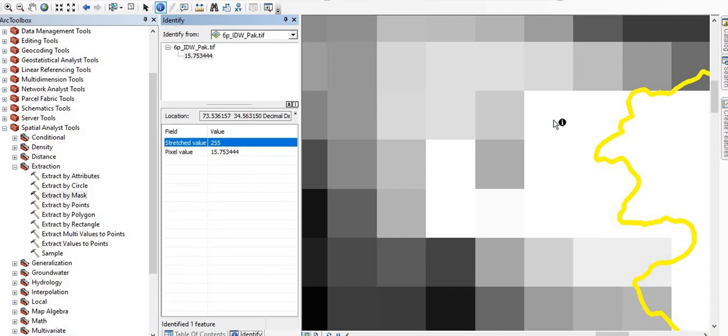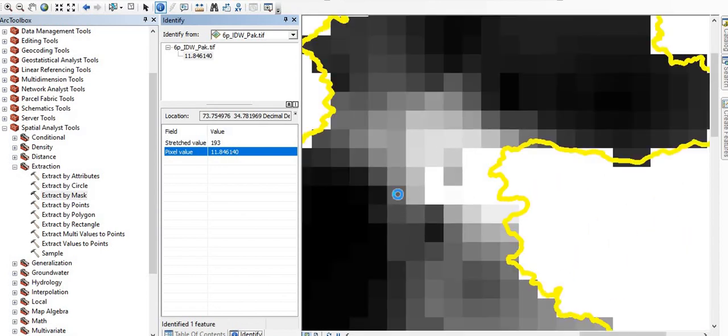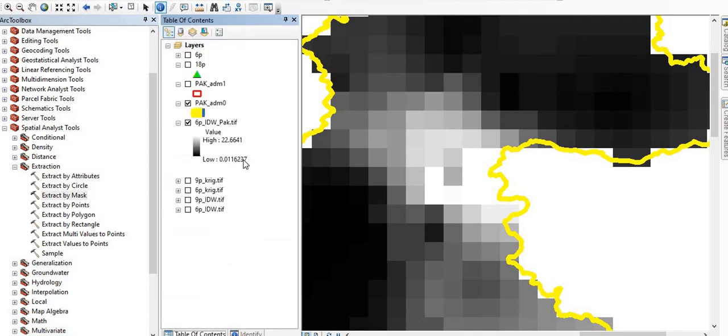Here we have a lower value, and actually the digital number is divided into pixel values. At this point we have digital number 193, but the rainfall value is also lower. If you click a dark point, at this point the digital number is 797, here 25, here 6. So the digital number will be 0 where we have the minimum rainfall value. In total there are 256 digital numbers, 0 to 255. These digital numbers are divided, or interpolated, from the minimum pixel value to the highest pixel value.